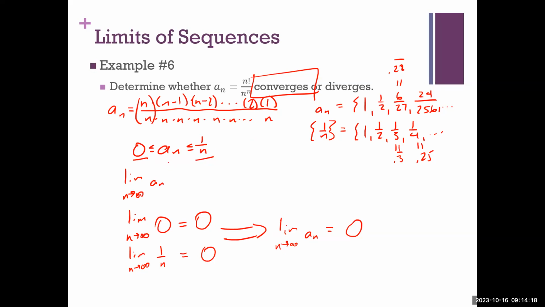But here's the thing. We're trying to find out if this middle sequence converges, right? So if you're going to try to bound it below and above by other sequences, those other sequences should be things that you understand a lot better. So you don't have to say that converges. 1 over n is one that I